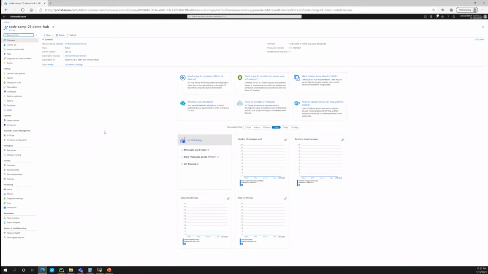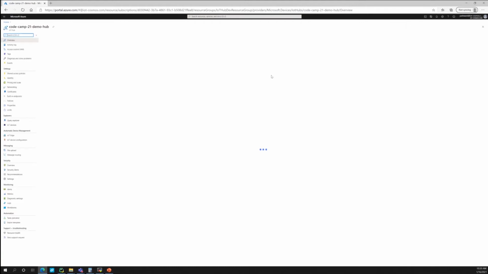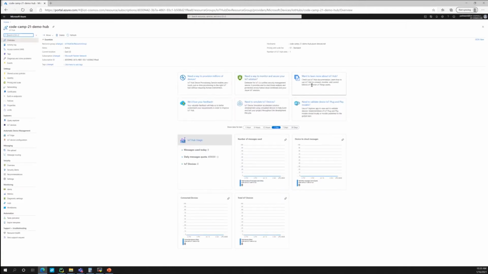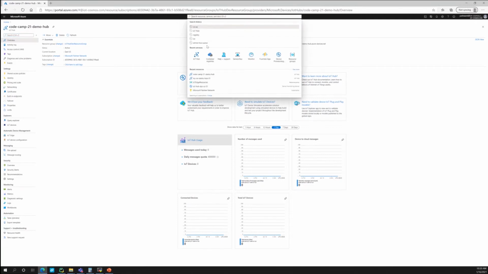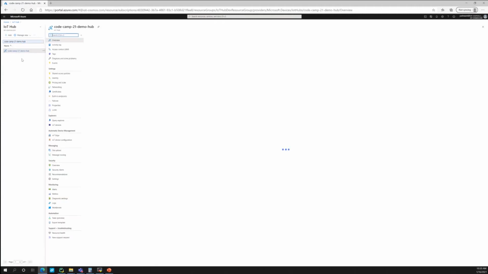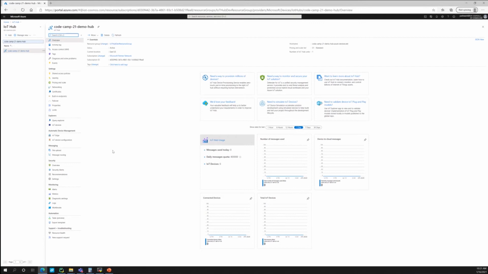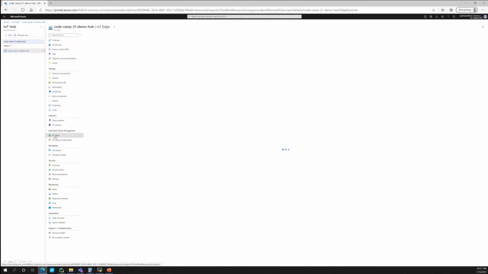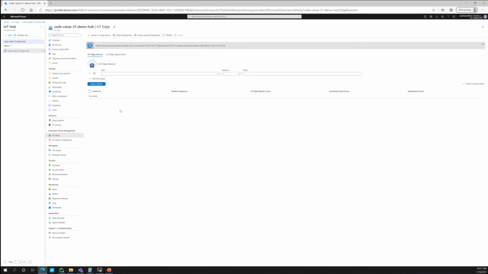So my cloud setup is done. The IoT Hub creation is done. Now, in order to enable Edge, we need to set up the IoT Hub with the Edge device. So you need to add an Edge device over here,